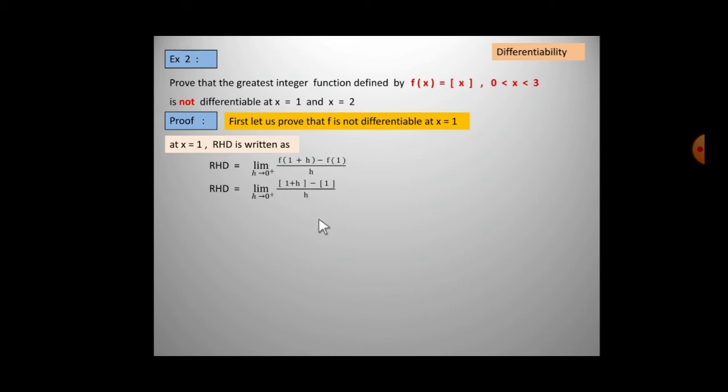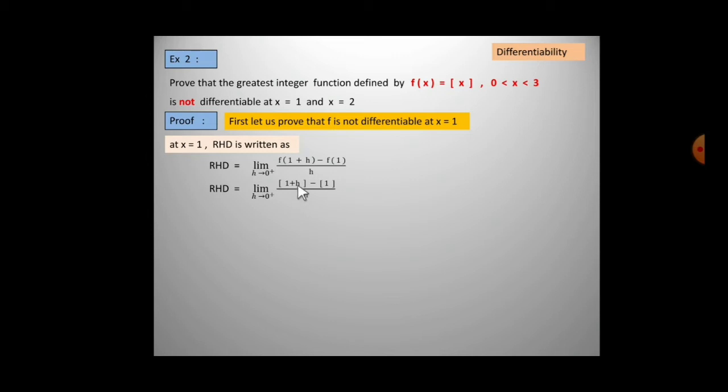So what is the greatest integer of any number greater than 1? You should know that, you learnt it in first PUC in the function chapter, greatest integer function, how to find the values. If any number is 1.5, what is the greatest integer of 1.5? It is 1. The greatest integer value that is lesser than or equal to that number is the answer of that function, that is how the function works.